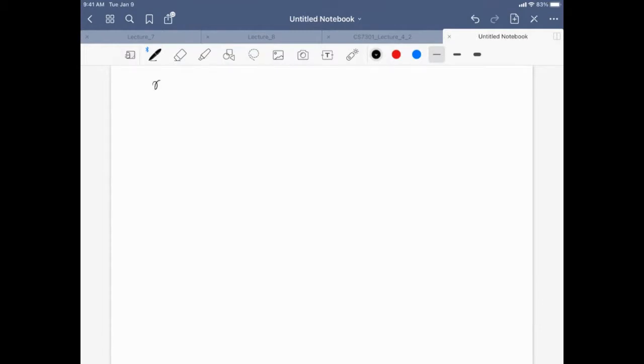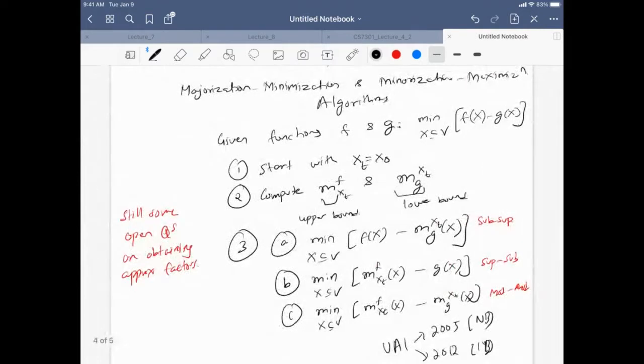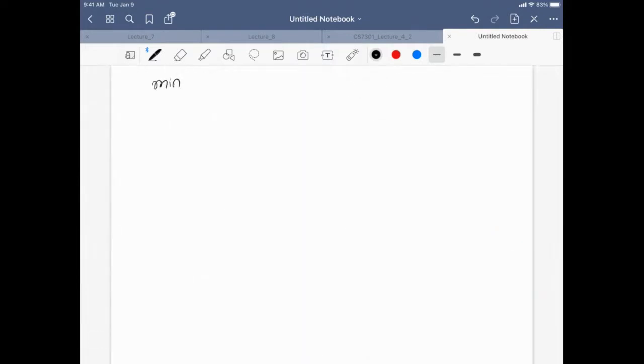Now the related problem is, instead of having a difference, what if we apply one of the f's or the g's as a constraint, right? There are two ways of doing this. One is you minimize f of x such that g of x is greater than or equal to some c. This problem we call the submodular cost submodular cover problem, SCSC. And the second variant, which is like the dual problem of this, is where you maximize g of x such that f of x is less than or equal to a budget b. This problem is called SCSK, the submodular cost submodular knapsack problem.